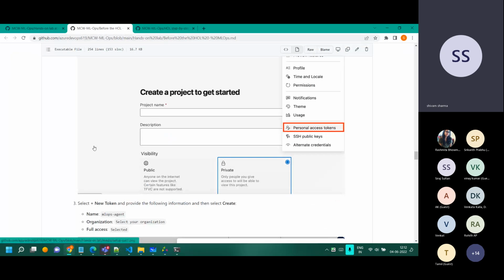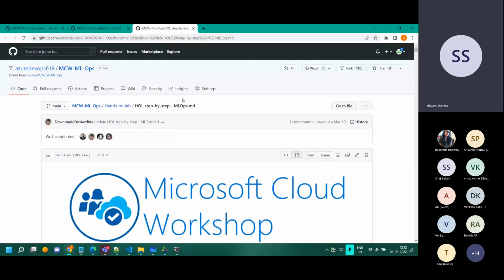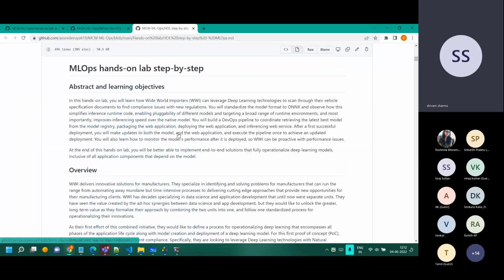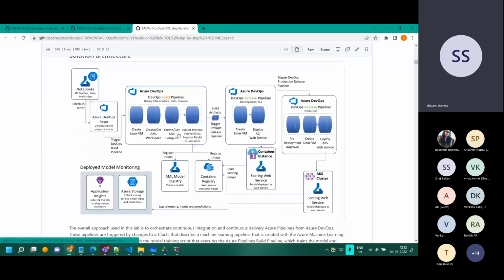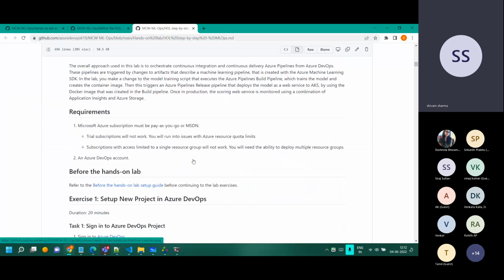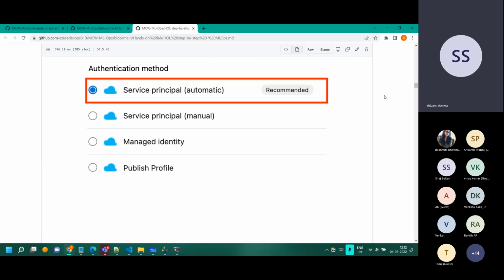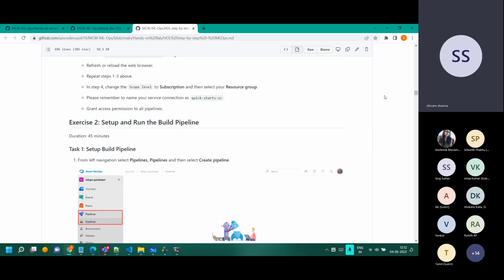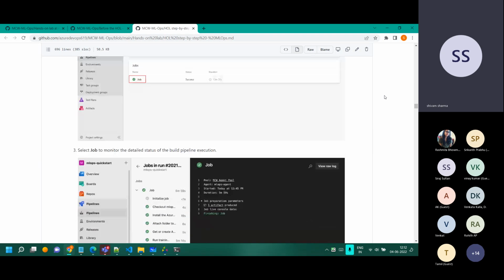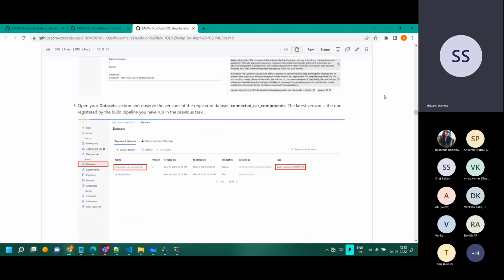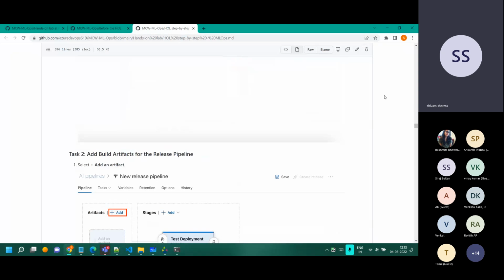Whatever we have done is documented for you. You need to have an Azure subscription, that's one thing which you need to have. That's what we have deployed, and you can follow these steps over here, and basically the entire MLOps pipeline will get created. The code is not explained over there.